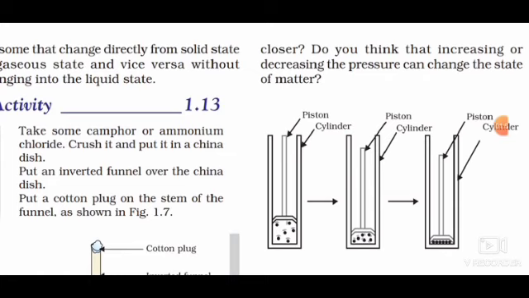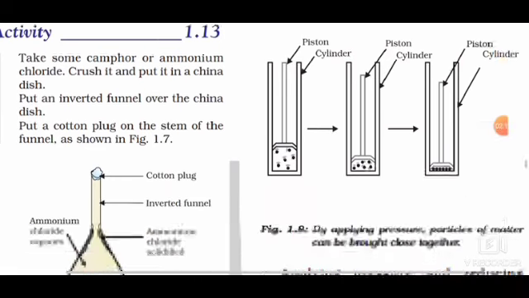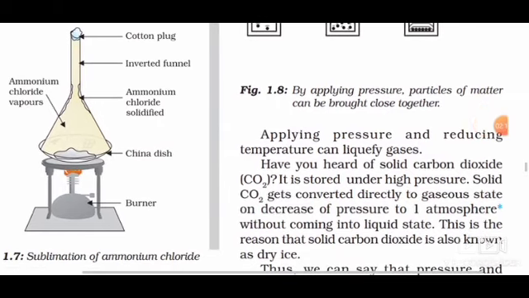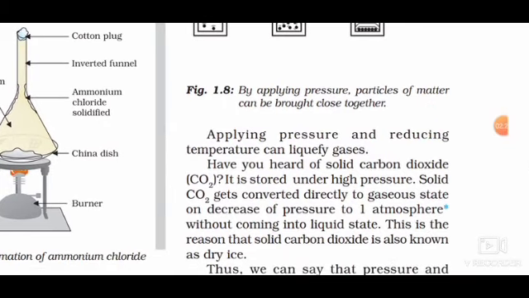Okay, now here in the cylinder, if I apply more pressure, then the space between the molecules reduces and the molecules come closer to each other. Second, you can see the space is less. In the third figure, the space is very less. That means we are able to compress the molecules more and more closer. So two things are there: applying pressure and reducing temperature. I told you to remember the cooling part in the previous topic. Is it? So what two things are necessary? Applying pressure and reducing temperature can liquefy gases.